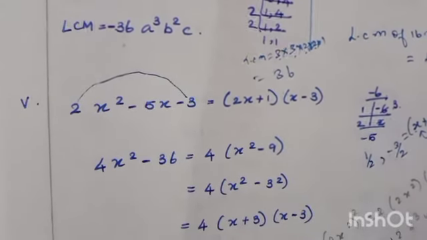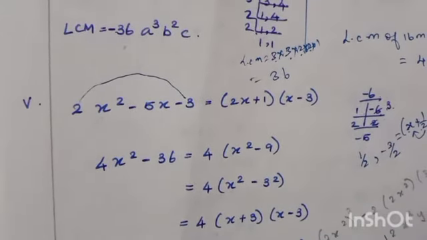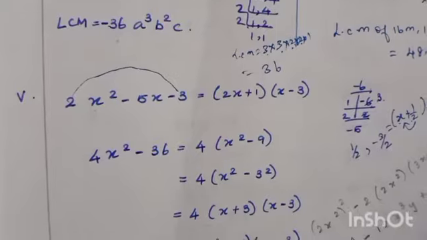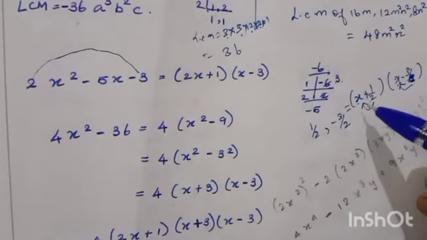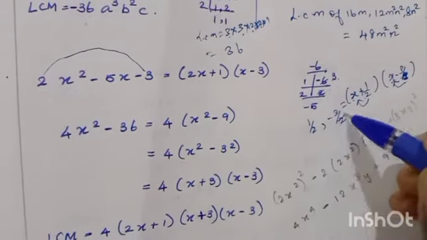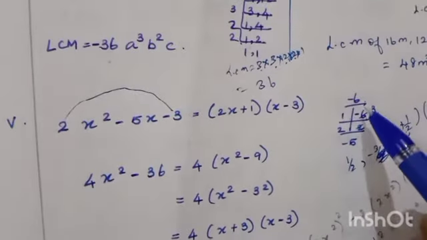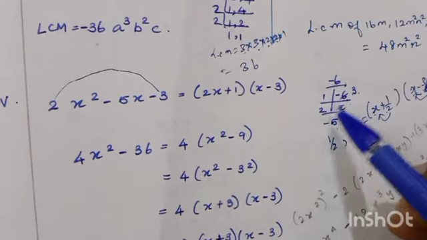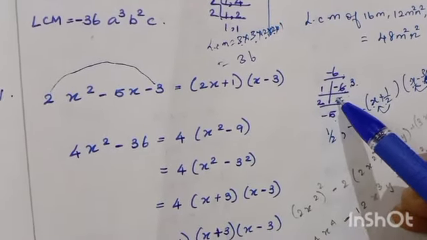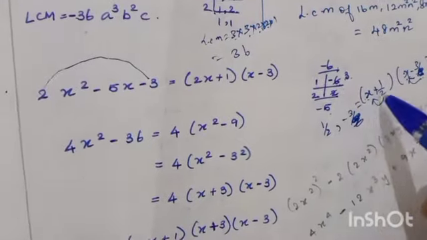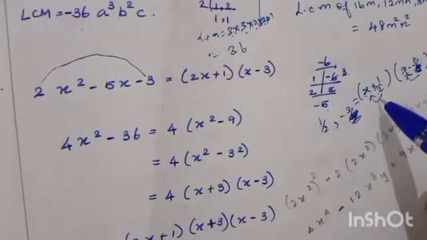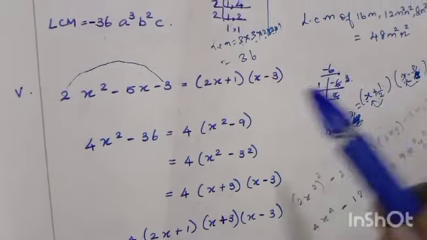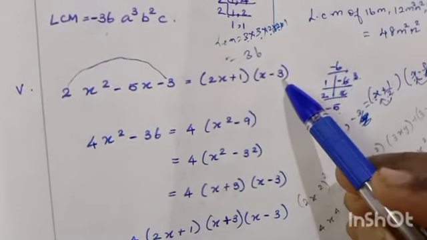So 1, 3 is there, so it is x minus 3. Suppose it is a fraction, we have to do it like that. So it is x minus 3. Once again, listen: it is minus 6 and here minus 5, so 1 and minus 6 divided by 2. Here cancelling is possible, so it is 3. So x plus 1 by 2, x minus 3. This 2 is multiplied with this x. So that is 2x plus 1 into x minus 3.